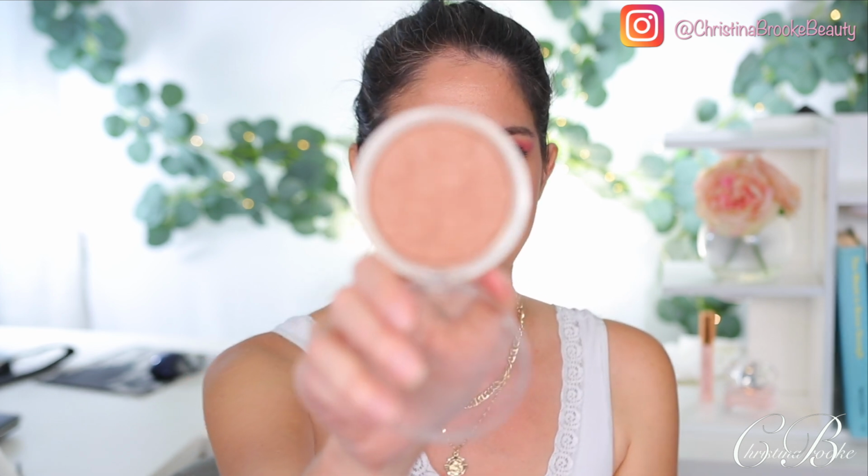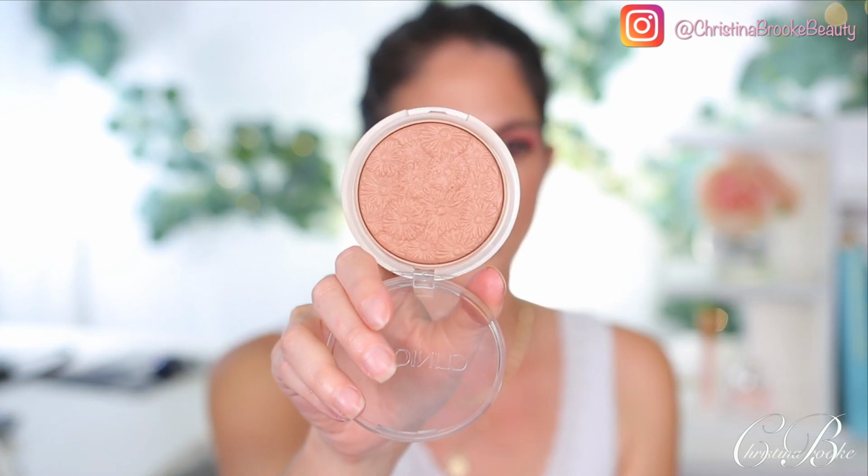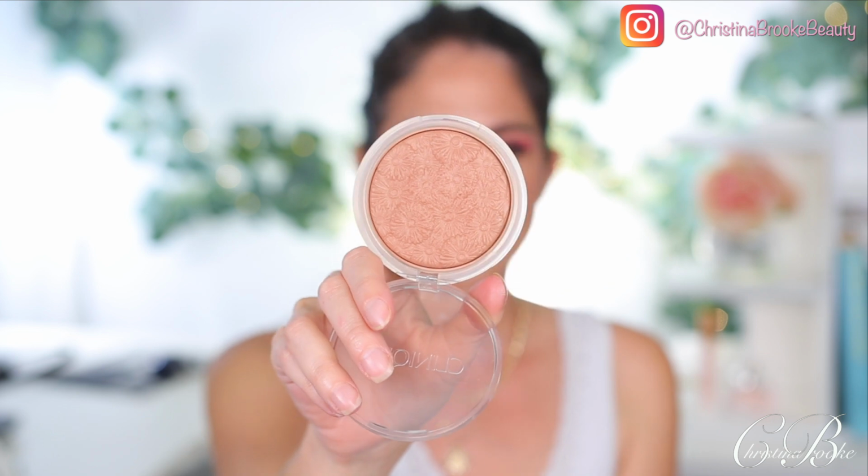So this is the Clinique Powder Pop Flower Bronzer. Guys, this is a fantastic bronzer, okay? This is a beautiful bronzer. I don't know why I stopped using it. I think I just got hypnotized by the brand new Charlotte Tilbury bronzer and I just stopped using it, but